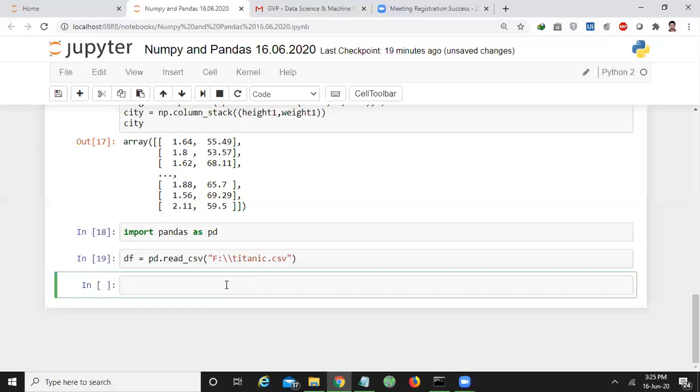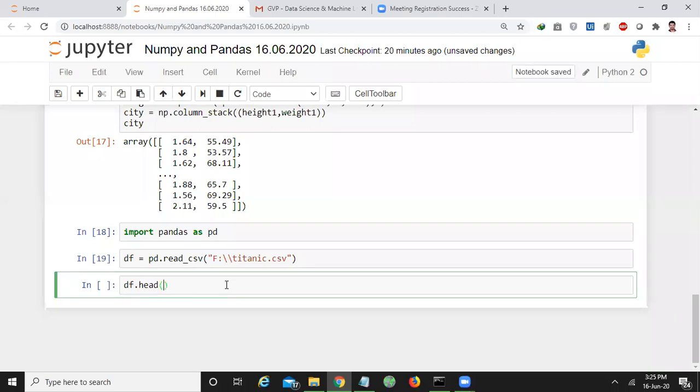Here you may ask, sir, why do we have to load into a data frame? The data frame has many functions to do studies on the data set. The second point is, if you make any changes or manipulations to your data frame, the Titanic.csv file is not affected. That's why we are getting this data temporarily into a memory structure called a data frame.